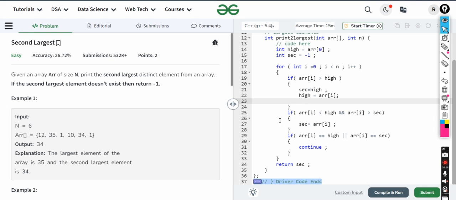Now the two other cases we have discussed. If arr of i is less than high but arr of i is greater than second, then you make second equal to arr of i. And if arr of i is equal to high or equal to second, just continue, don't do anything. Finally, return second.